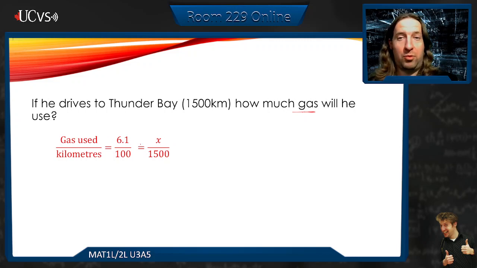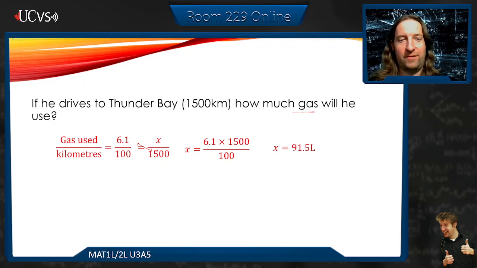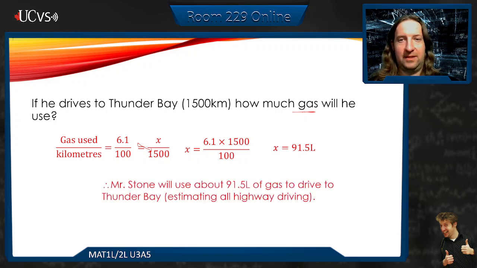Now I just have a proportion that I need to solve using the exact same trick. Multiply across the diagonal, divide by the third, and we get 6.1 times 1,500 divided by 100, and that works out to 91.5 liters of gas. So Mr. Stone will use about 91.5 liters of gas to drive to Thunder Bay,